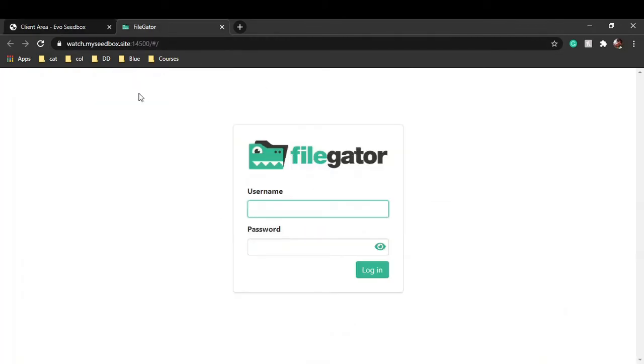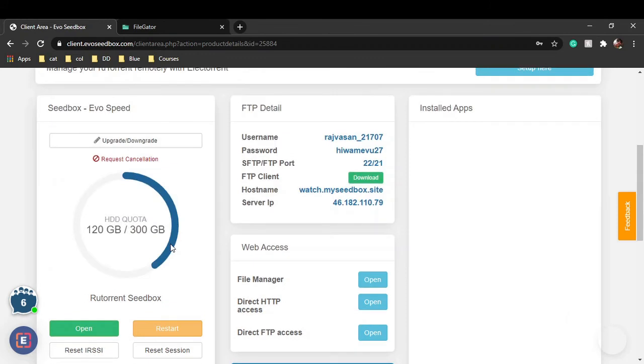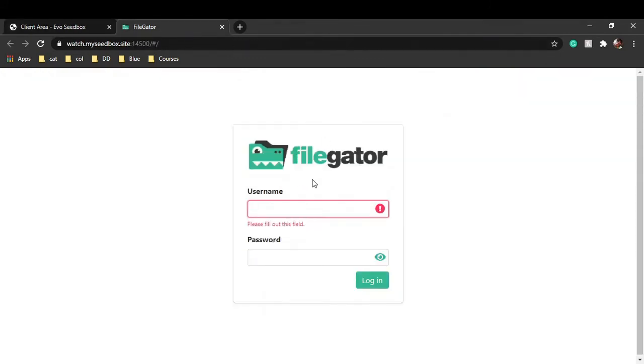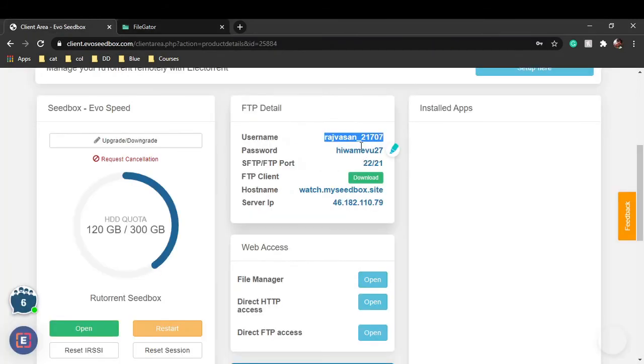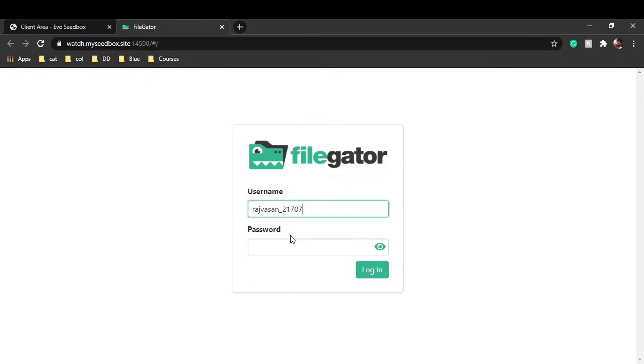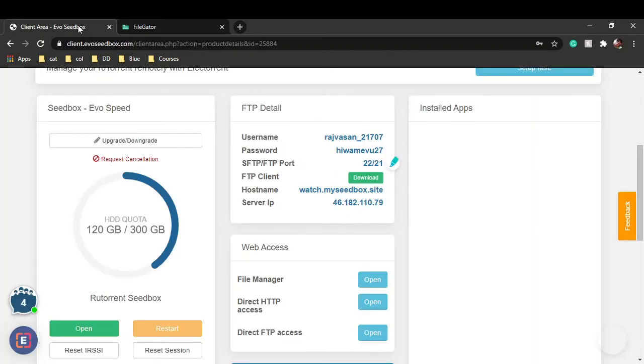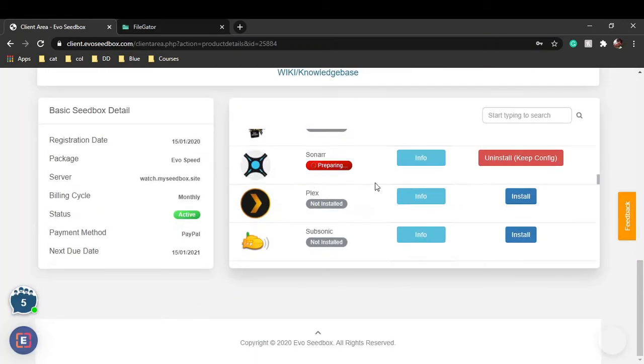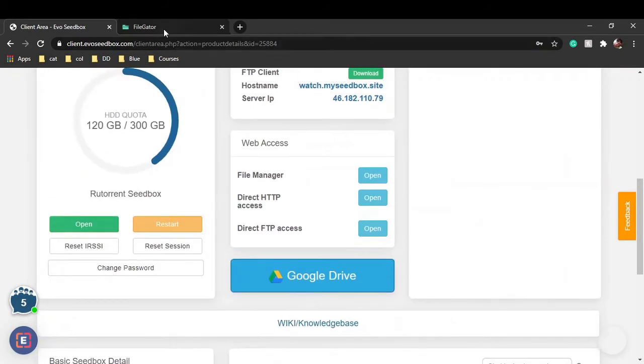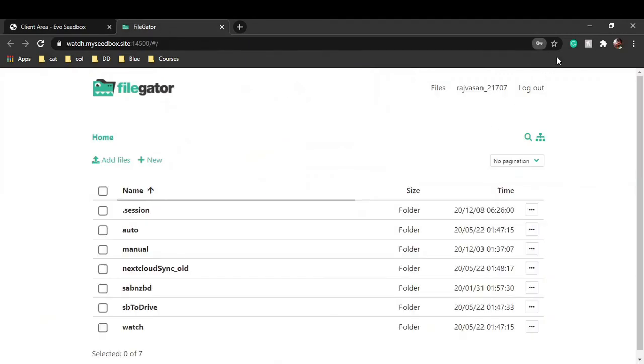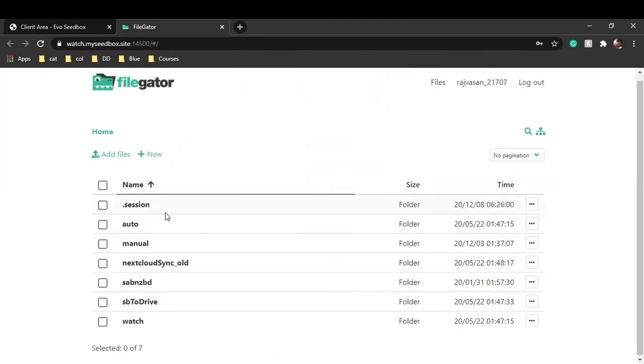And you can see over here our FileGator is ready, and all you have to do is just copy these credentials and log in. Sonar is still preparing. And yeah, we are inside our Seedbox.